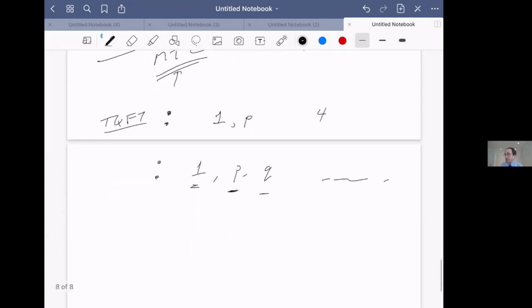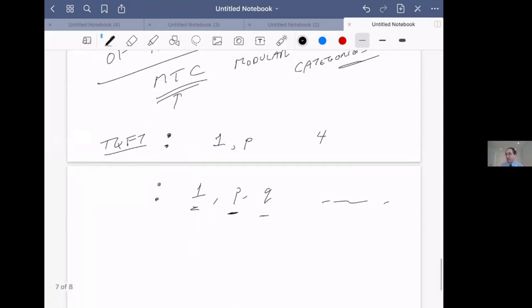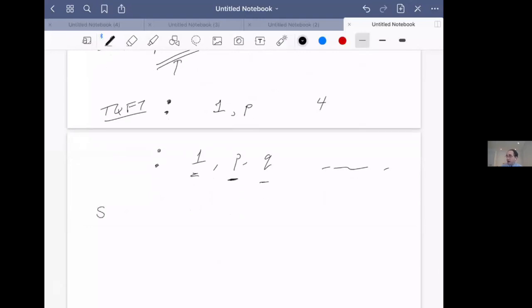And this program has been done for modular tensor categories up to about 5 or 6 particles where people start losing steam. Many of the things that you find end up being simple things like SU2 level K or SUN level P, things that are known, but then you run into a couple of stray ones that you might not have thought of, which are complicated cosets or something like that. So I'm not sure, does this answer your question at all?